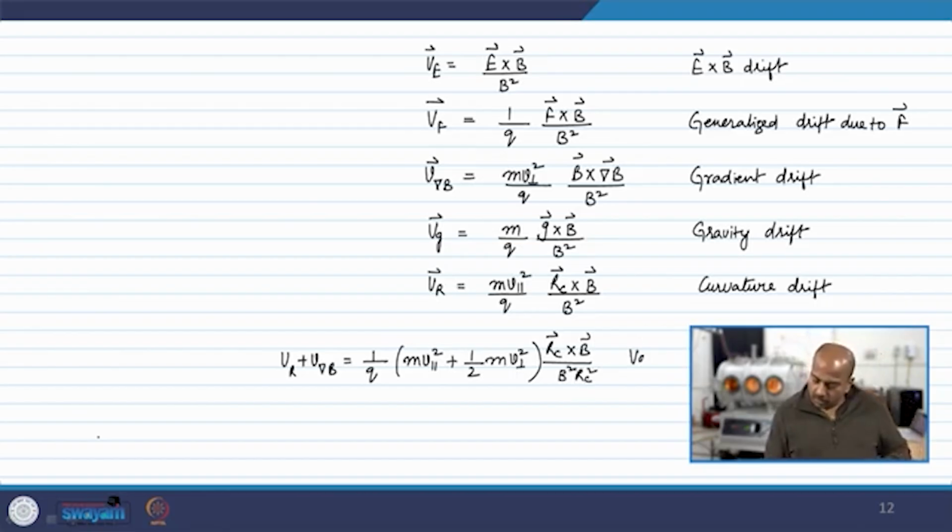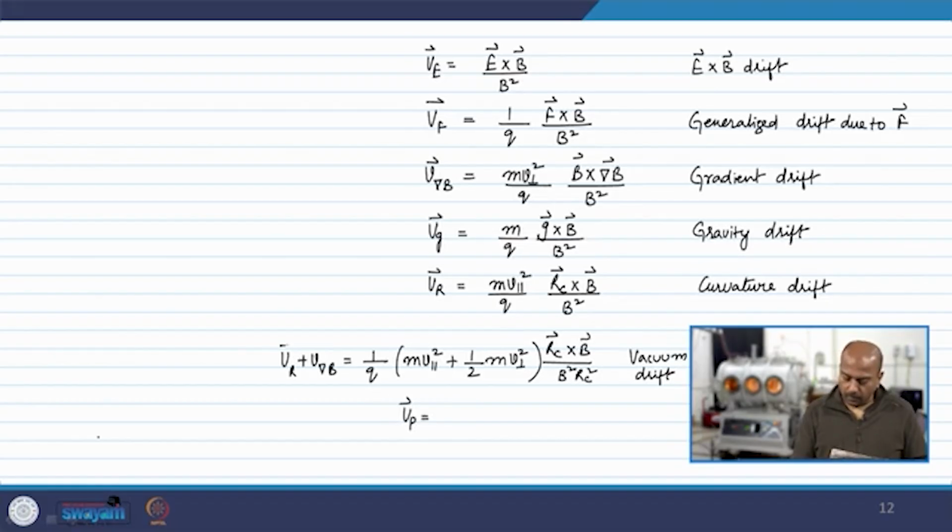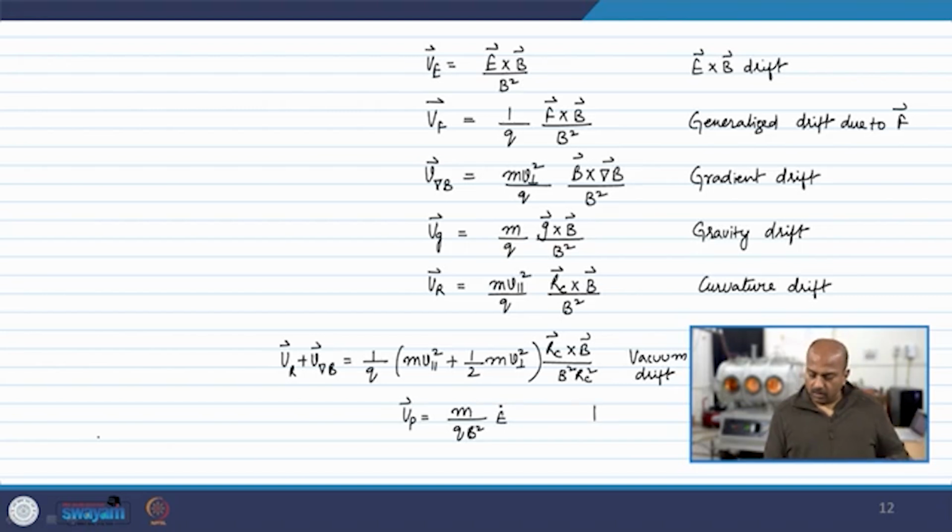This is the vacuum drift. Then we have the time varying things. Vp is the polarization drift, which is m by q B square times E dot. This is called as the polarization